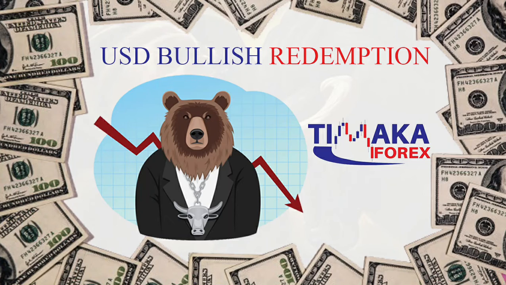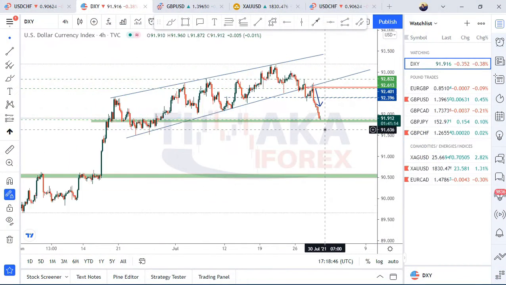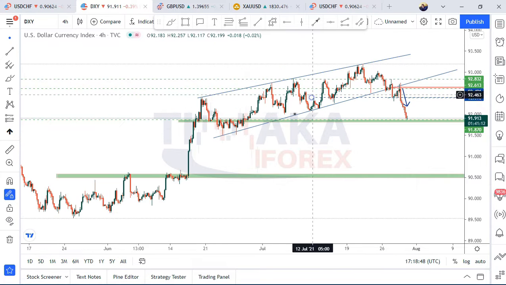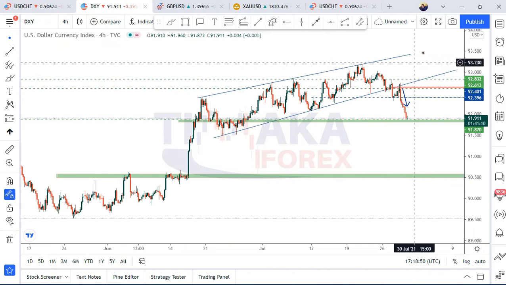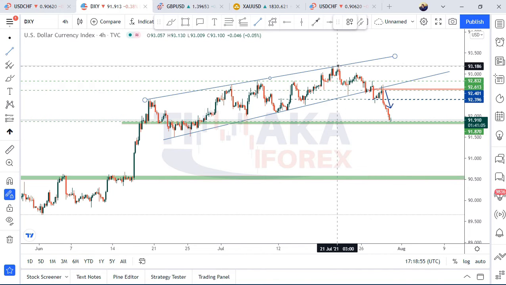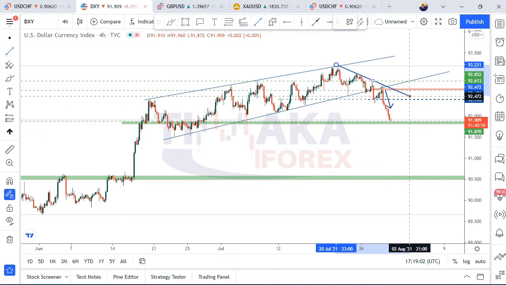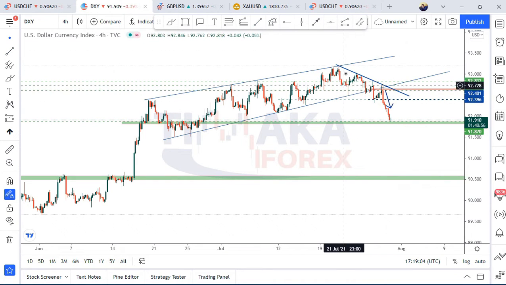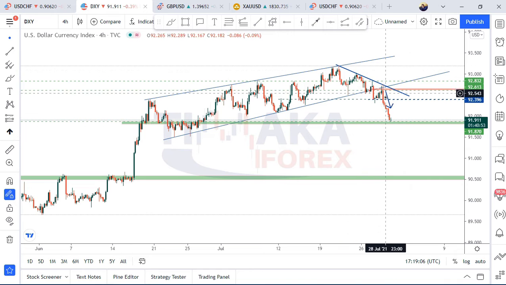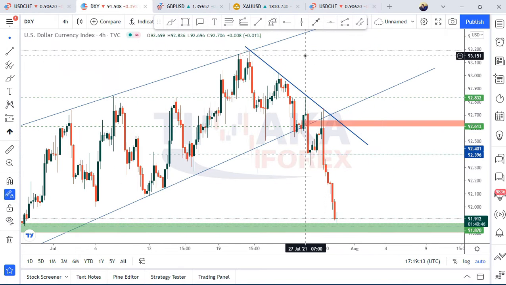So let's look at the markets and how they are going. This is the DXY, or what we call the dollar index, and as you can see, it just did break below this very good rising channel, or you can call it an ending diagonal, or a rising wedge. You can see markets are really going down for the dollar. And this is the main reason why the dollar did fall yesterday.